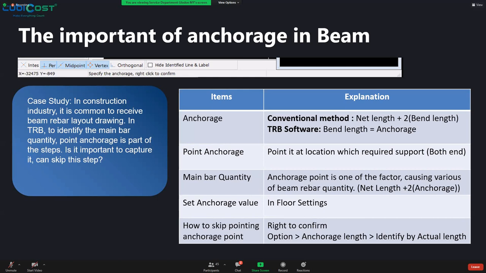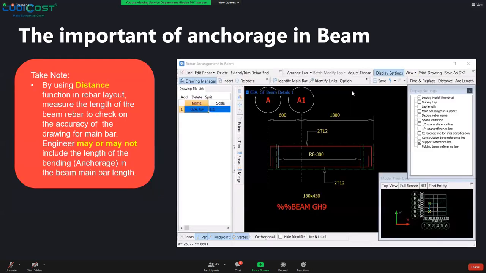But every time I have to right click, it's very troublesome. So the second option is this option, anchorage length, identify by actual length. Where can I find all these steps? I'm going to show you in this video. But before I go through this video, the first thing you need to do is this. Always observe here, take note. By using the distance function in rebar layout,